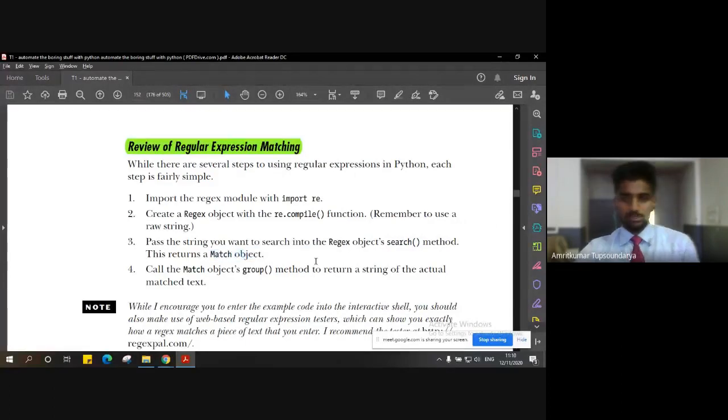The search method stores whatever string it has matched in a variable as a matched object. Once we have those matched objects, we group them using the group method in order to return a string of the actually matched text.